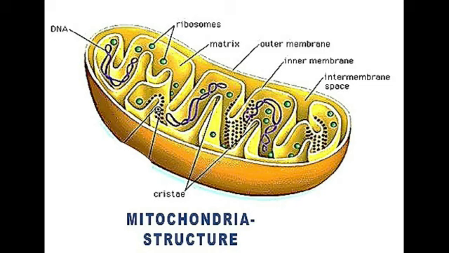Mitochondrial membranes. It contains two membranes called inner and outer membrane. Each membrane is 60 to 70 angstrom thick. Outer mitochondrial membrane is smooth and freely permeable to most small molecules. It contains enzymes, proteins and lipids. It has pore molecules which form channels for passage of molecules through it.